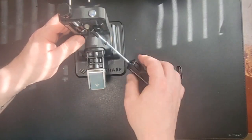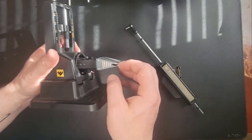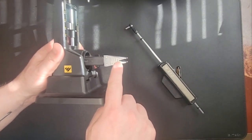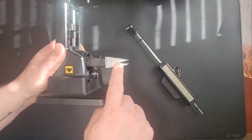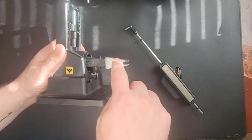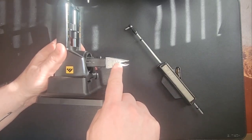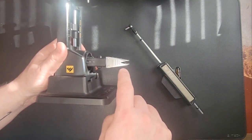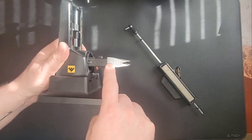The clamp that I thought was a little odd is the V block, as they call it, this triangular cutout here in the clamp. A lot of other clamps, and I don't have one I could just grab at hand, are just open all the way to the rear here. With this having a V notch cut into it that chokes the clamp, you're preventing anything further from going into it. You're kind of restricted as to how you can place the blade in the clamp, because some funky shaped